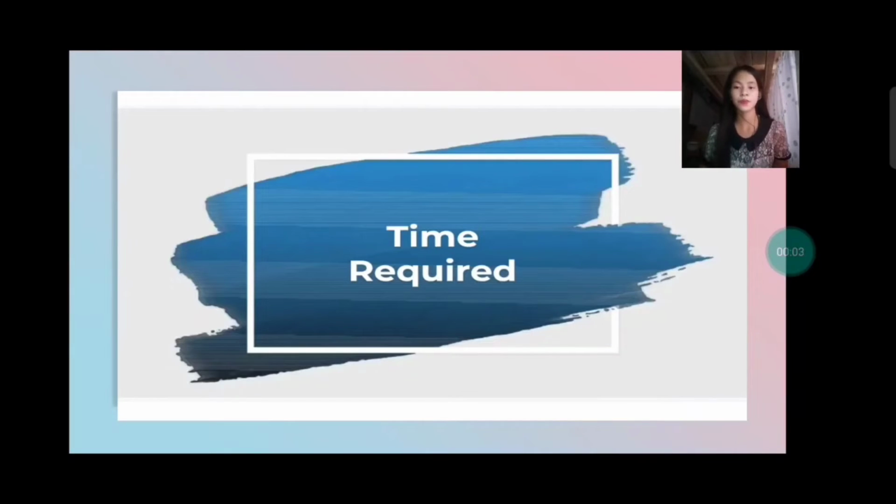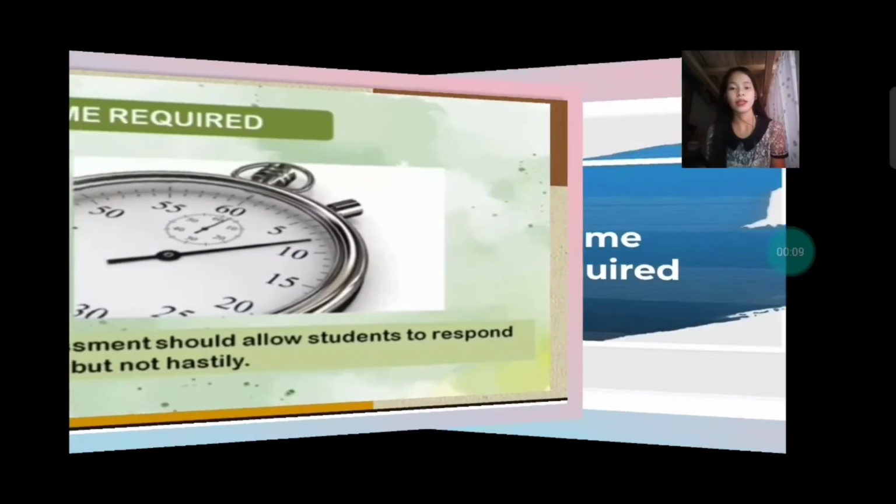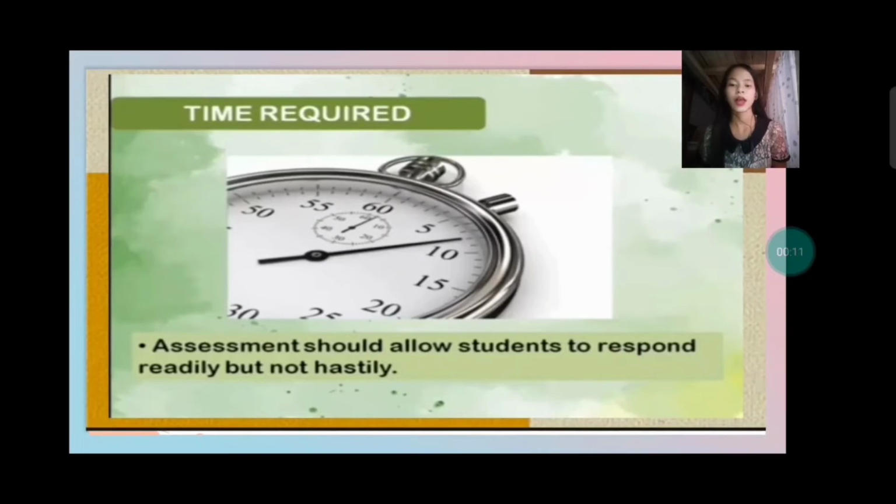So now let's proceed to the time required. What is a time required? A time required is that the assessment should allow students to respond readily but not hastily. So as a future educator, we are responsible to guide our students and enable them to learn and catch up